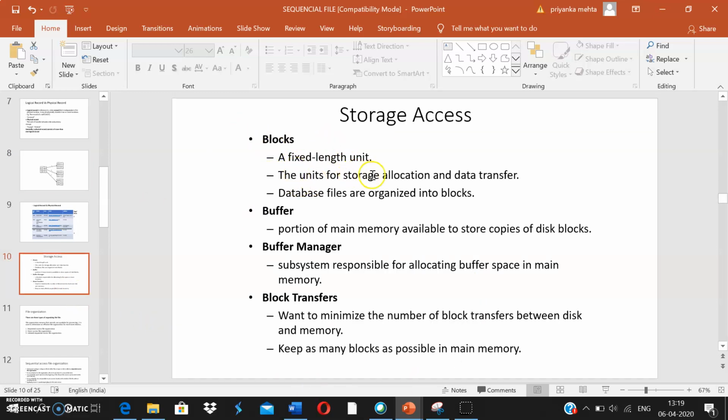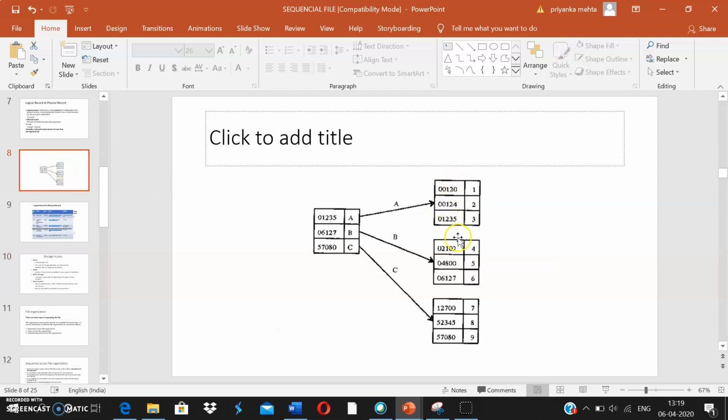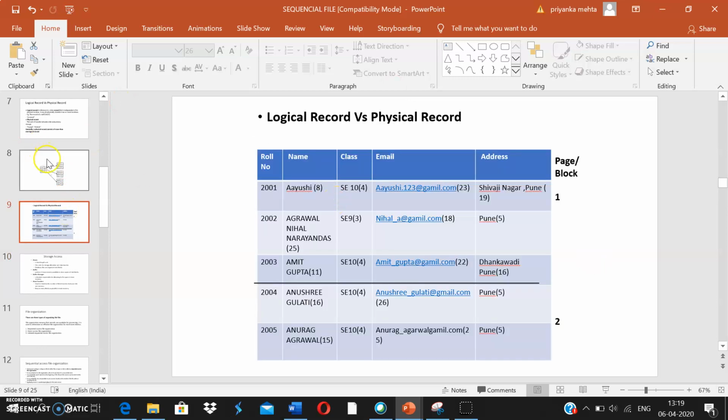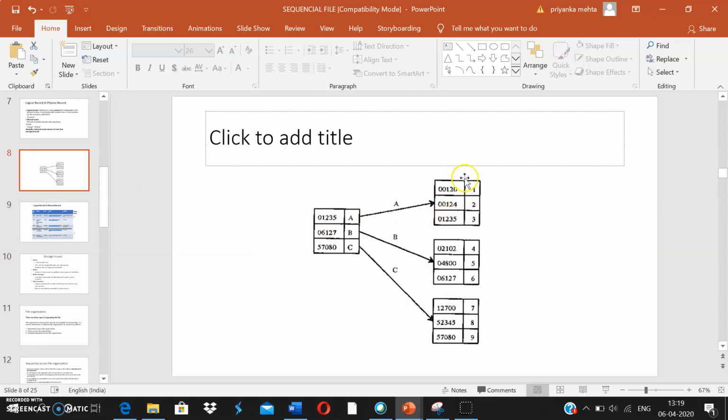So a block is a fixed length unit, the unit of storage allocation and data transfer. Database files are organized in blocks. So the files are organized in blocks. These are my blocks, right? Buffer is the portion of the memory available to store copies of disk blocks. Suppose I'm going to access this particular block.